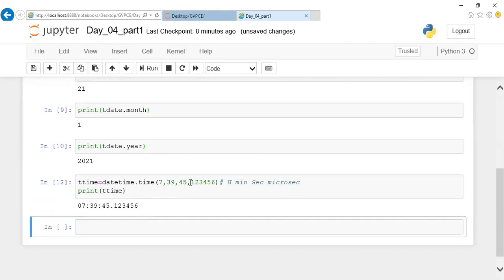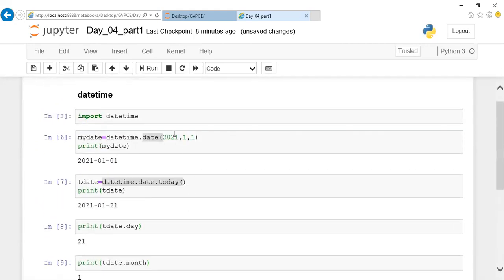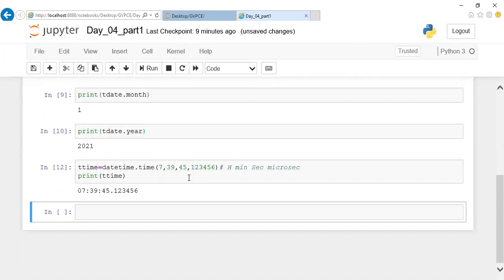It'll have it like this, as we have seen here. If I'm passing a comma separator with year, month and date, it'll be considered as a date. The same way here you can pass comma separated values which will be treated as time. So as we saw previously, is it possible to fetch the hours alone, or the minutes alone? We'll see whether it is possible or not.